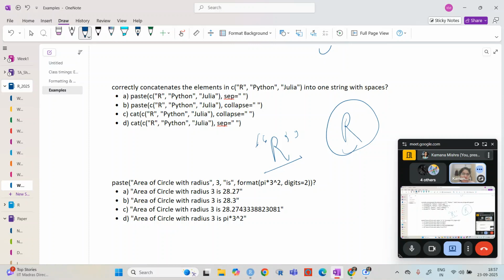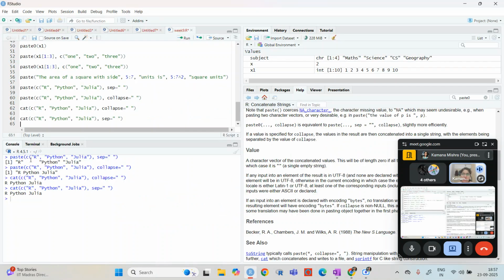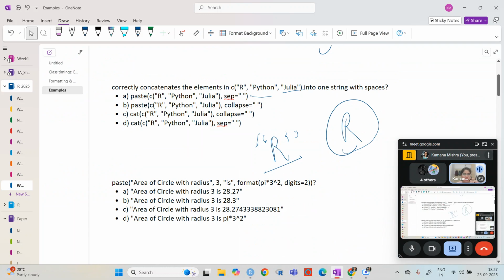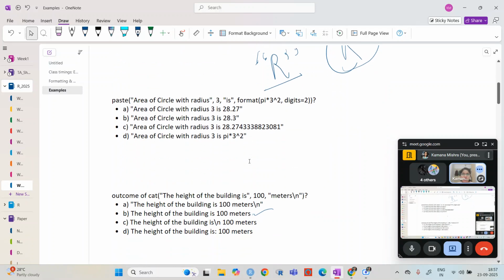So this is first, Python is second, and Julia is third. So if you want to go for the correct option, then the correct option will be the first one. Whereas in the second, third, and fourth, we have whatsoever written there, but we do not have it element wise. So that will be the correct option. Okay.